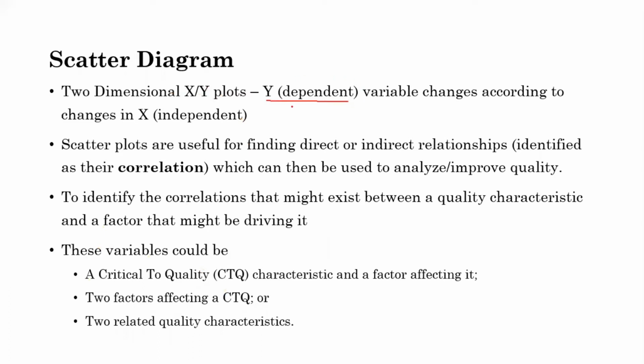Okay, if it is a dependent variable we expect it to change as we change the other variable x, which is the independent variable. ይሄ independent variable በራሱ የሚቀያየር or በፕሮሰስ የሚቀያየር ነገር ግን የዚህ መቀያየር yን ኢንፍሉዌንስ ያደርገዋል። x በራሱ ምክንያት ይቀያየራል y ግን x ስለተቀየረ ነው የሚቀየረው. So we assume this and plot these 2 points in a single graph. So scatter plots are useful for finding direct or indirect relationship and this relationship is designated or